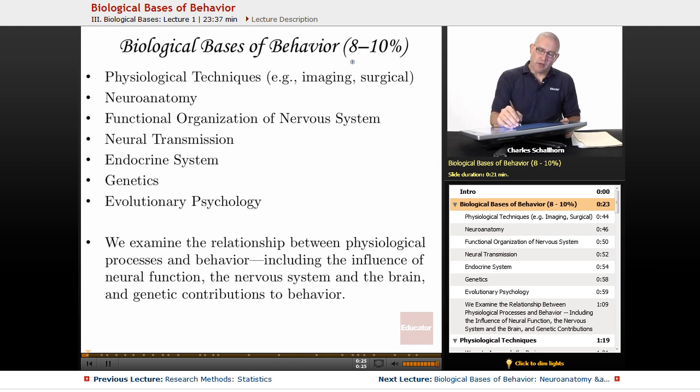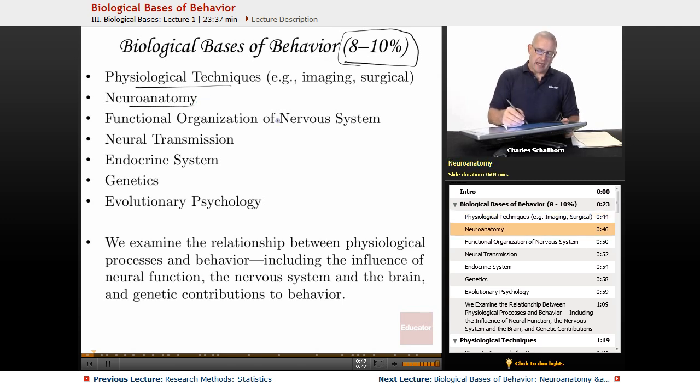The biology component of the course has 8 to 10% of the multiple choice questions that deal with biology. There are also typically on the FRQs, the free response questions, some biological references there every year. So with this particular unit, we're going to be looking at physiological techniques and a little bit